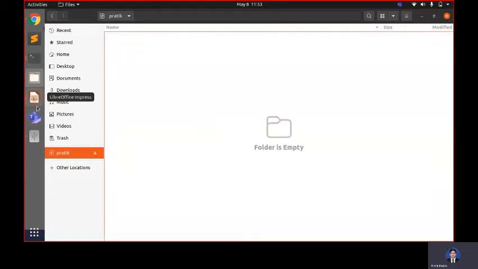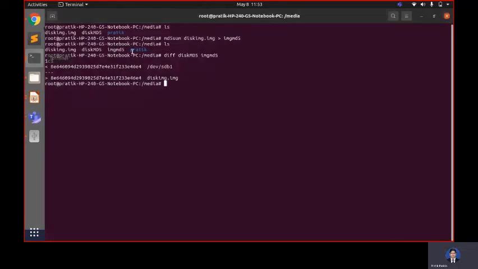Let's retrieve the entire disk from the image file I have created before. Two steps. Let's do this. Using this command I can retrieve it; like I created the image, I can do the same thing to retrieve it.